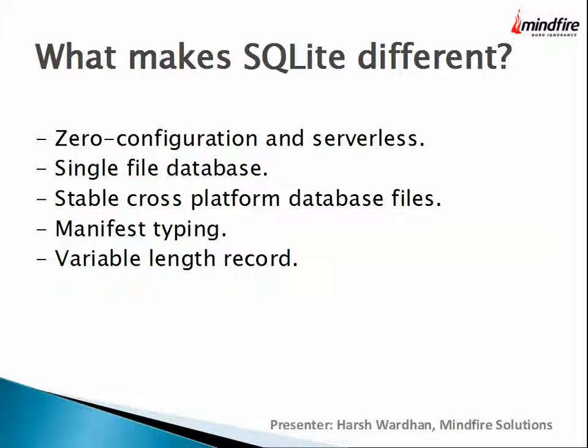One other interesting feature of SQLite is manifest typing. Manifest typing, those who have worked in Real Basic or Ruby on Rails, they must be aware of duck typing. So duck typing is if it looks like a duck, if it talks like a duck, if it quacks like a duck, it is a duck. So that means for a column, it takes the values and determines the data type of the column based on its values. So you can, in an integer column, you can enter string. In a string column, you can enter integer, any kind of value.